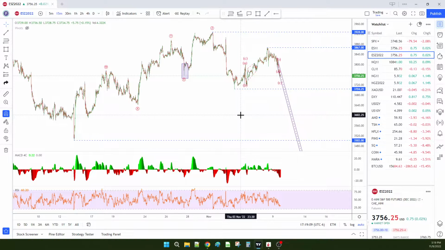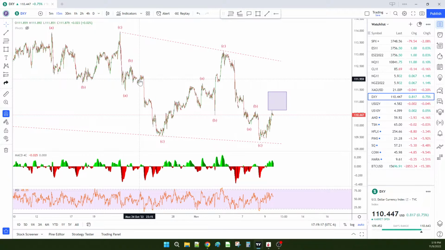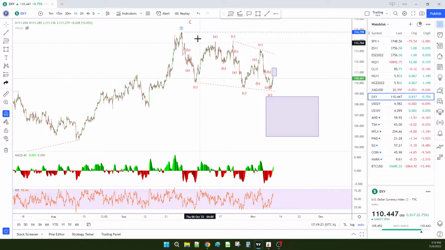And it still lines up with what I see for the US dollar. So this is the US Dollar Index. And let me zoom out to 1 hour. So I got this move up that completed 5 waves for the C, so an ABC up. And I'm expecting this to all be correction to go up. And so I've got an ABC down, ABC up, ABC down, ABC up, ABC down. So as I said on Monday, I thought this could be a leading diagonal.